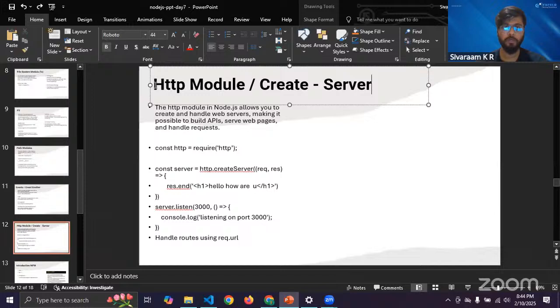You have to use something called the HTTP module. This is nothing but your protocols on how your client and server communicate. So what is your client? Your browser. What is your server? Your backend. Since we are doing the backend, which is Node.js, we will see how you create